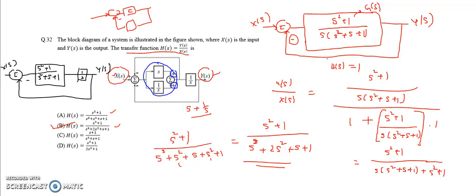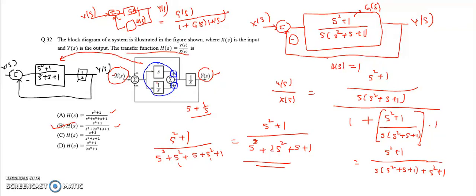That can be solved as, see here the general block diagram. If we are having it like this, let's take it is the G of s and it is the H of s, output is Y of s and input is X of s, it is sigma, and here the negative feedback is there. The general transfer function to this one is G of s divided by 1 plus G of s into H of s. So here in the place of G of s I am having s plus 1 by s, and in the place of H of s I am having unity, that means 1. So this can be solved as G of s divided by 1 plus G of s into H of s. The simplified form of this one can be taken like this.